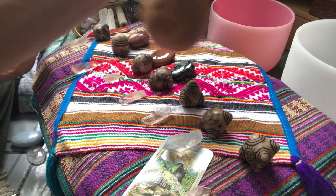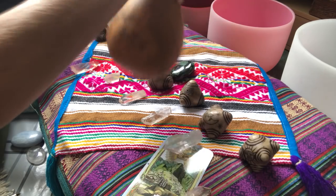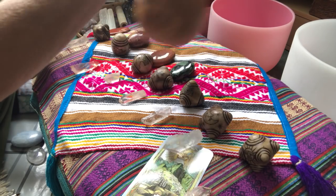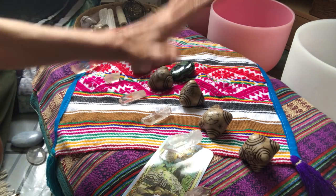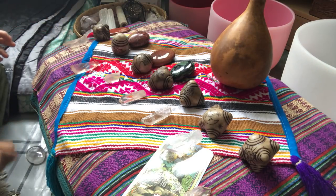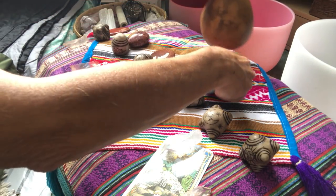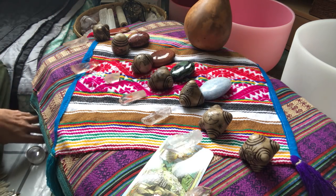Fly high, fly high, fly high. Clearing that throat. You might feel you need to cough a little bit. This is fine, this is all clearing. Cleansing and clearing. Okay. I'm going to put this light blue celestite palm stone by that chakra. Okay. And then we'll move up to the third eye chakra,